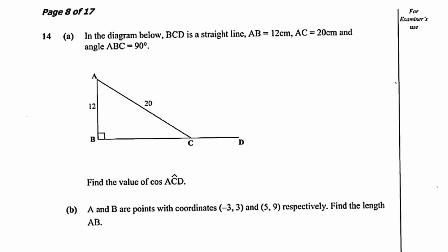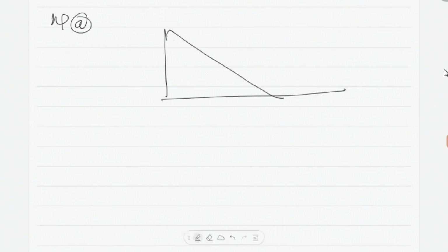Question number 14, part A. We have the diagram. All right, so this is A, B, C, and D. Then we have the hypotenuse, which is 20. Then we have 12 there, and we have 90 degrees at that point. So now the question is, you find the value of